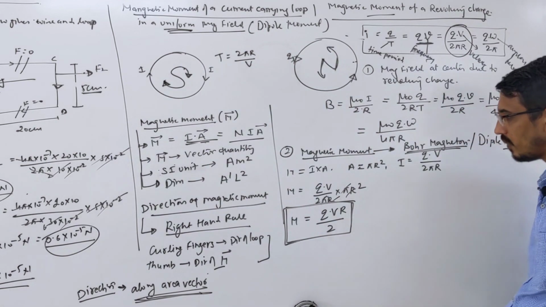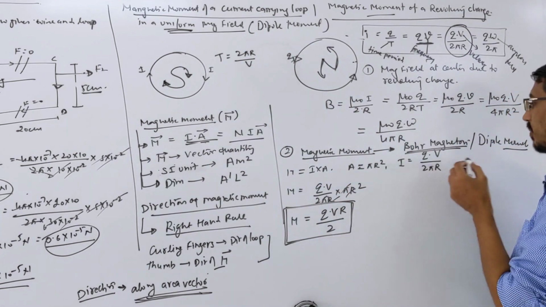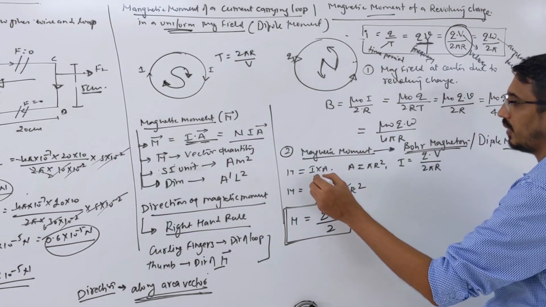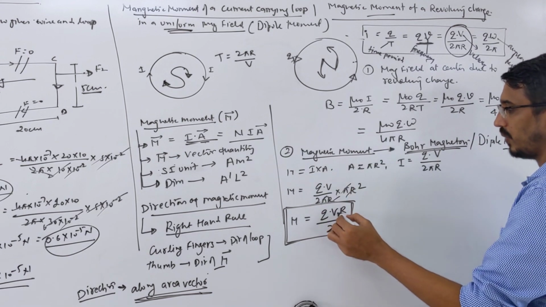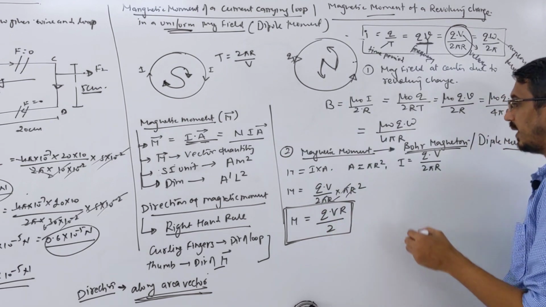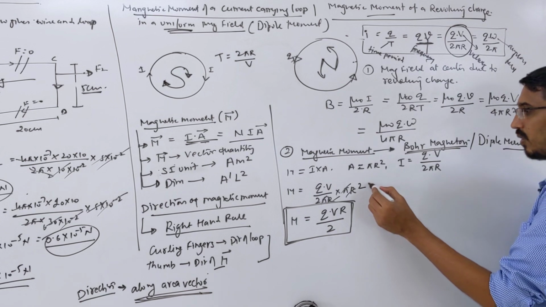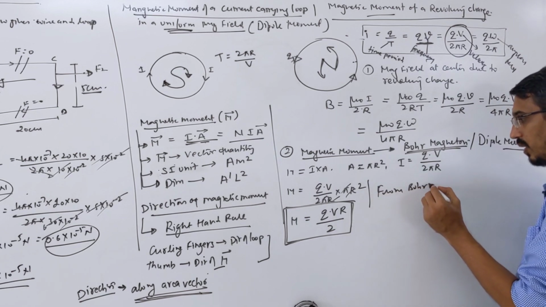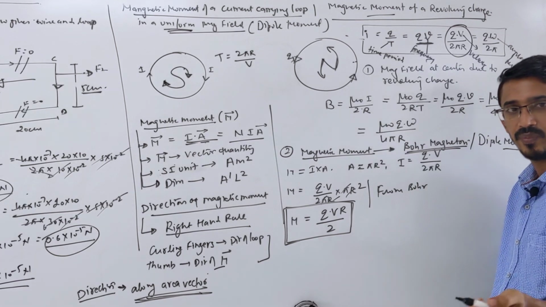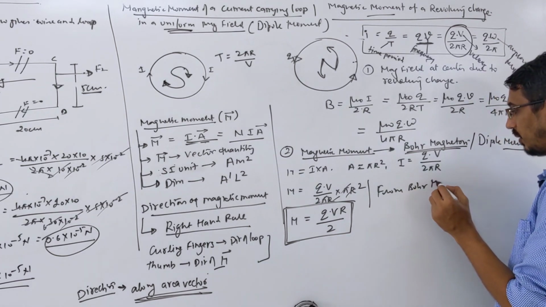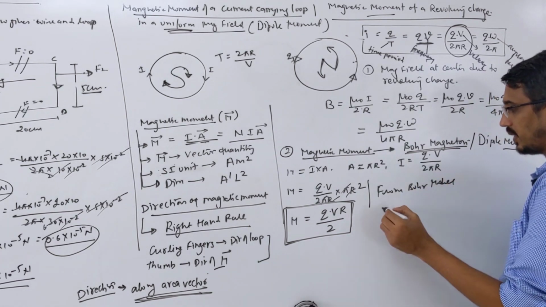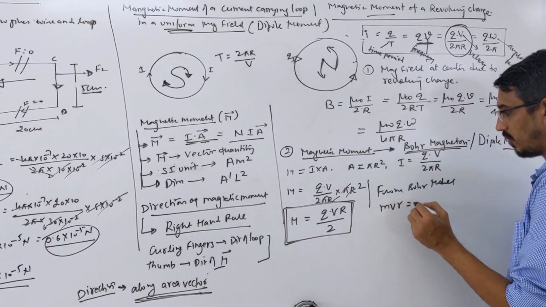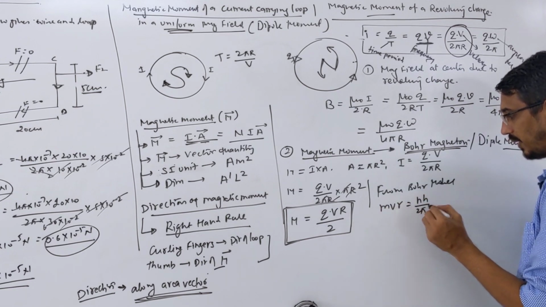Okay, so we are talking about the Bohr magneton here. Current into area, I wrote, I got qvr by 2 as the answer. Then from the Bohr model, which we learned recently in modern physics, what did he say? He said that mvr, the angular momentum, is nh upon 2 pi. Remember?